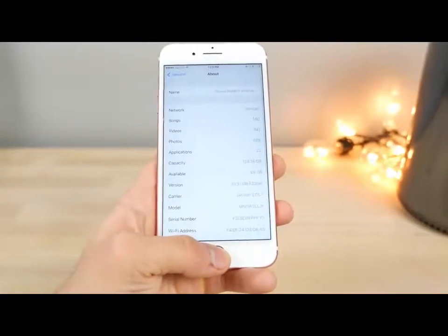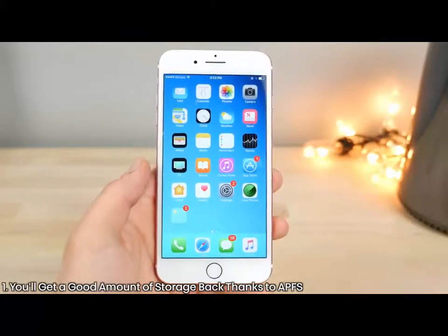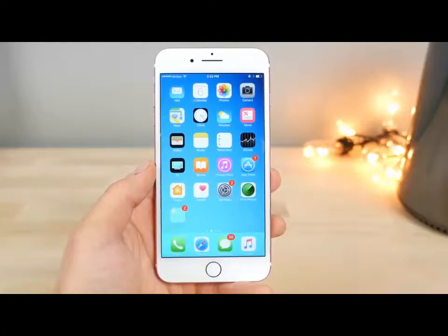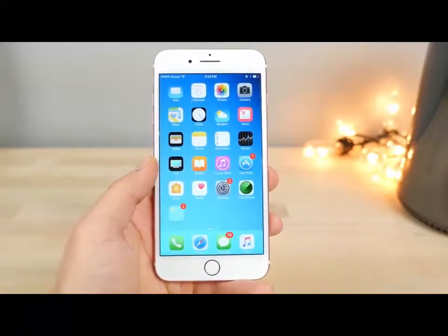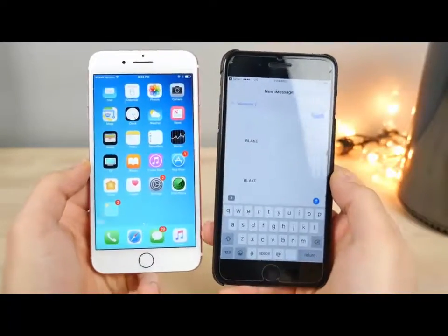Now, a lot of users are reporting a lot of storage being added to their devices when updating to 10.3. This is because of the Apple file system. It's optimizing all of your files, and as a result, you get a lot of extra storage, especially the higher gigabyte your device. So probably one of the most important changes in this update is the fix of the famous